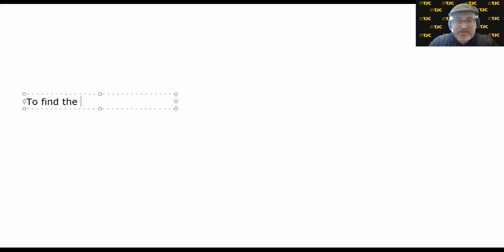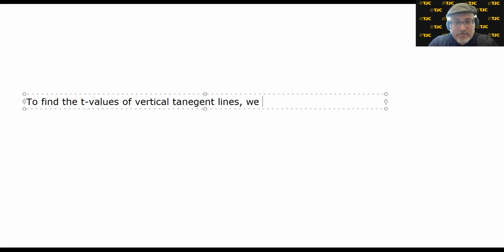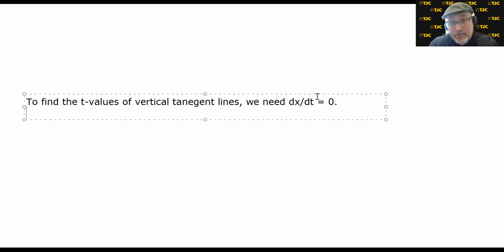To find the t-values of vertical tangent lines, we need dx/dt to equal 0. So just like in calculus 1, when you put a derivative equal to 0, and I bet you can guess what the next line is going to say. To find the t-values of horizontal tangent lines,